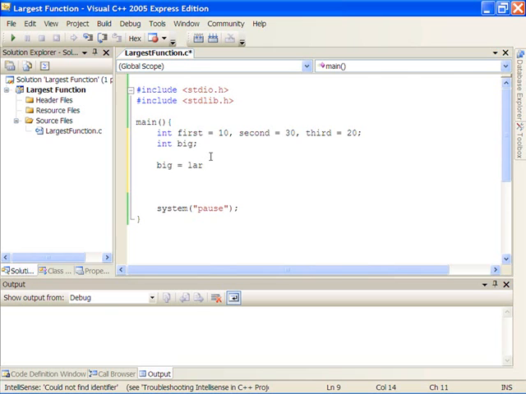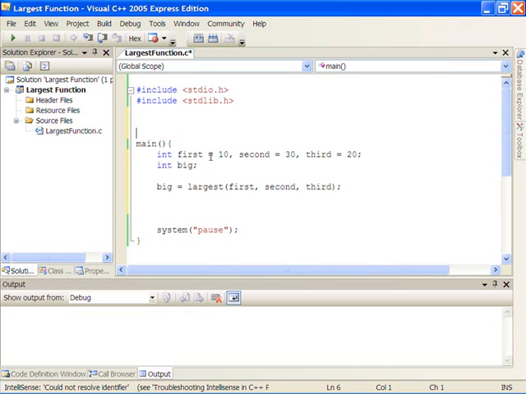So we're looking for the largest of these 3 arguments. So we're passing in 3 values, 10, 30, 20, and we want the largest of those to be returned by the function. So let's go back up above the main and make the definition of the function. So what we have now is the function call, and the definition of the function, well, it needs a return